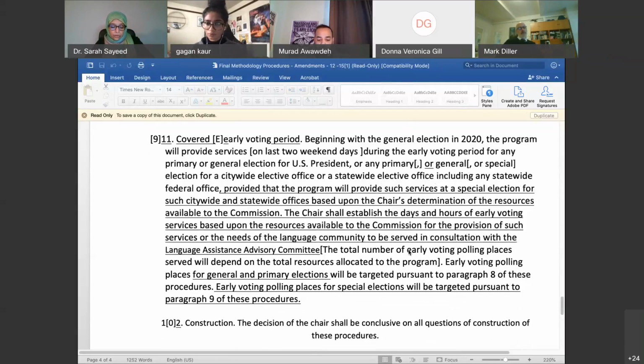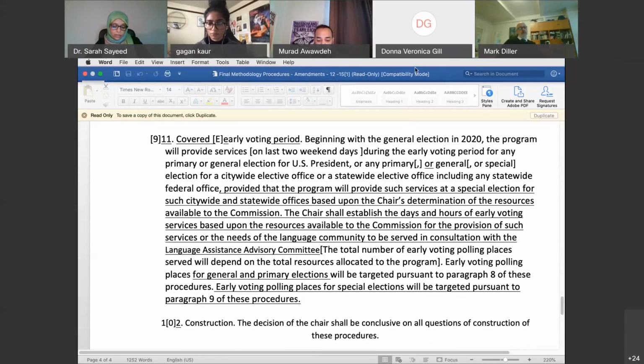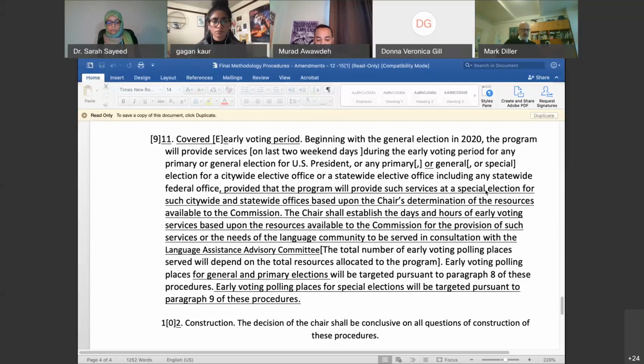And then the total number of early voting places served will depend on the total resources allocated to the program. Early voting polling places for the general and primary elections will be targeted pursuant to paragraph 8 of these procedures. Early voting polling places for special elections will be targeted pursuant to paragraph 9 of these procedures. So this is essentially saying that the council elections early voting is not covered under this provision,